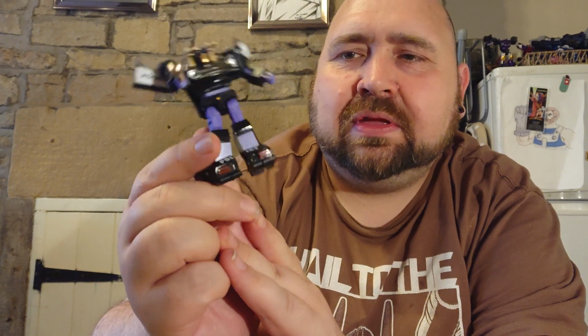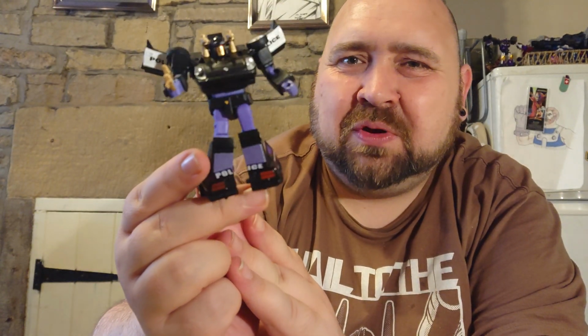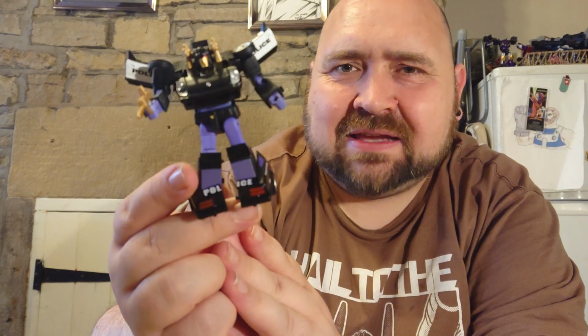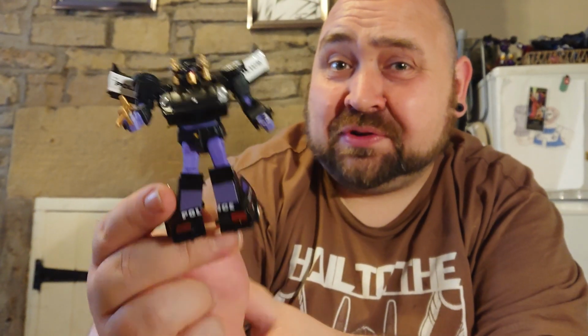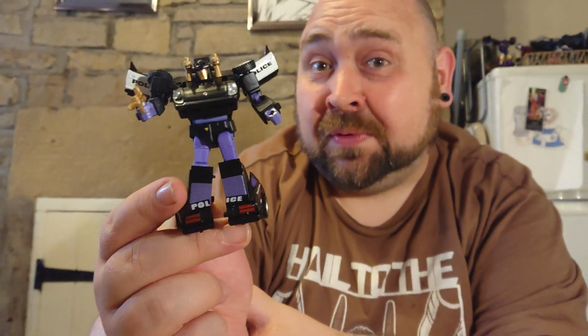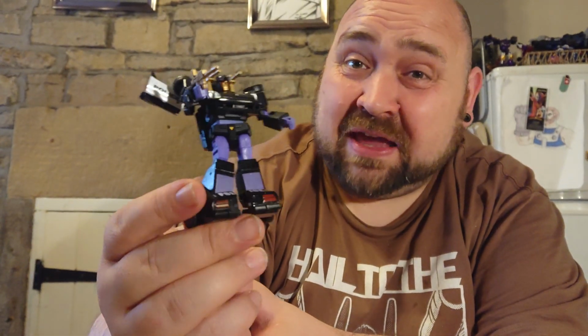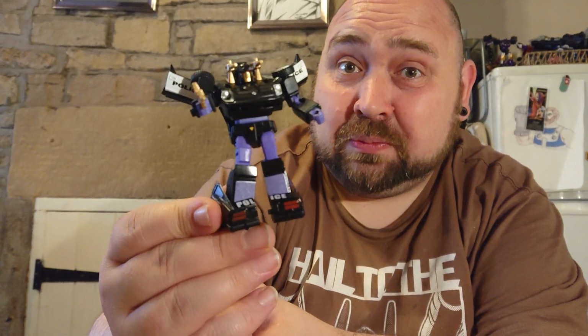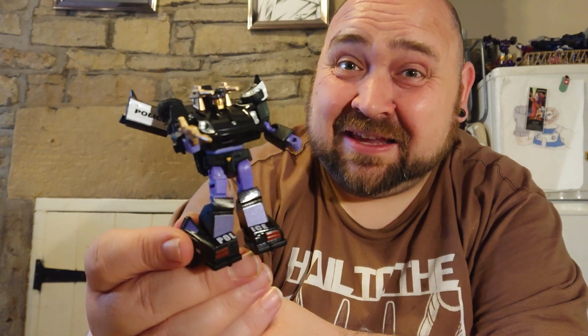But if you just want a cool little toy to fiddle around with, the alt mode looks fantastic. You know what I mean? It's like a lot of other Legends scale. You know, I love Iron Factory, but a lot of the times the alt modes are compromised to get a cool robot mode. But this guy manages to pull out a really cool alt mode, also a really cool robot mode, also a really well articulated robot mode,